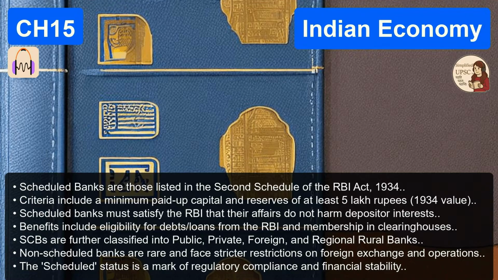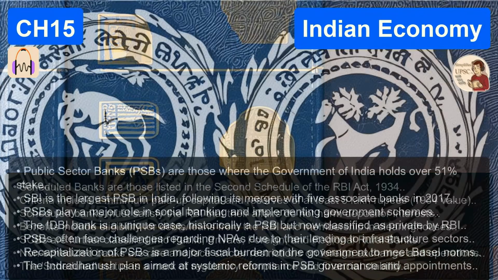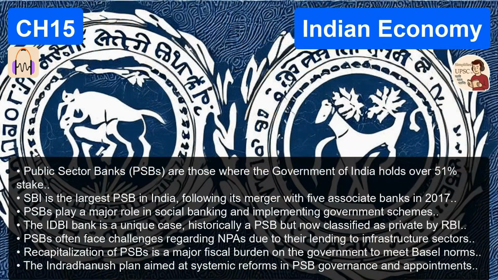Like SBI. The biggest example, of course, is the State Bank of India, along with others like Bank of India, Canara Bank, and Punjab National Bank. What about IDBI? I always see conflicting information on that. IDBI is an interesting case in the study material. It was included in the PSB category since 2004, but recently LIC took a majority stake, and there's talk of privatization. But for the purpose of general classification in UPSC, it has historically been treated as a PSB, though its current status is legally private post-LIC acquisition. It's still treated as a quasi-public entity in function. It's a bit of a hybrid right now.